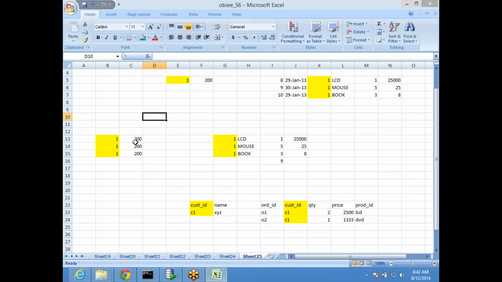So now even keeping the distinct will also not help, because